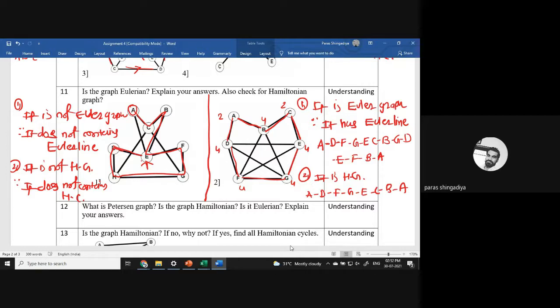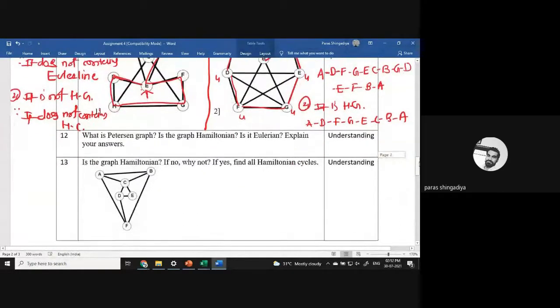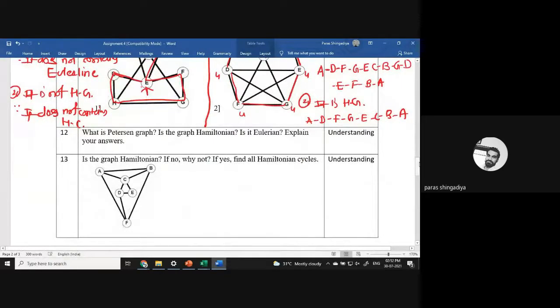Yeah, is there any doubt to anyone? Okay, nice. Now next is: draw the Peterson graph, means just draw the structure of the Peterson graph and check whether it is Hamiltonian, Euler. If it is Hamiltonian and Euler, then write the Hamiltonian circuit and Euler circuit. Okay. So first draw the graph and then after verify both. Draw the Peterson graph. Okay.